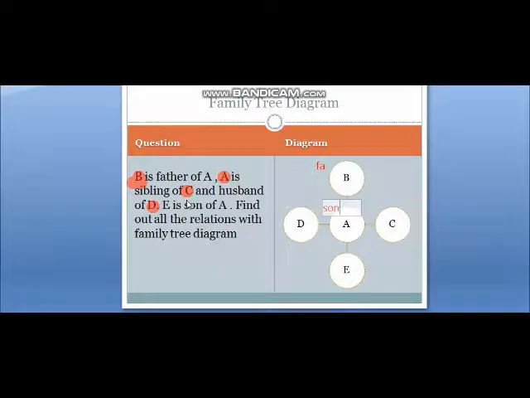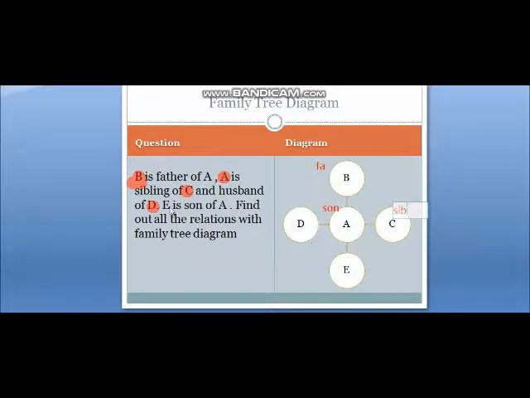Then sibling of C. Now sibling of C means C can be your male also or can be your female also. ठीक है. C जो है वो मेल भी हो सकते हैं और फीमेल भी हो सकते हैं, क्योंकि यहाँ पर एक word है sibling. So what are we going to write here? सिबलिंग के लिए I am writing here simply sibling. If it is decided कि C is your sister, then you can decide कि she is female. But now sibling, तो you don't know, but A की sibling है.